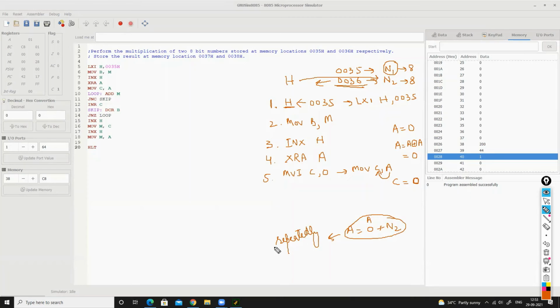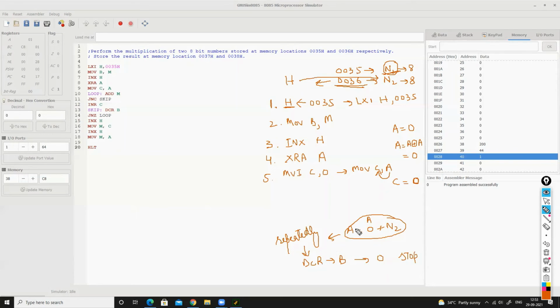But how many times do we have to perform it? It depends upon N1. N1 is stored in B. So we will not only do this, we will also decrement B, and when B reaches 0, we will stop.